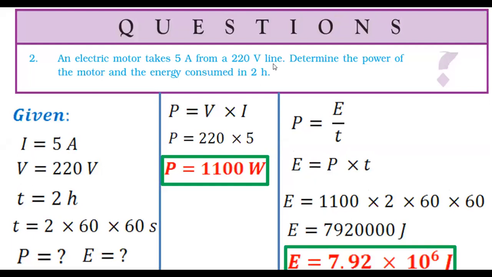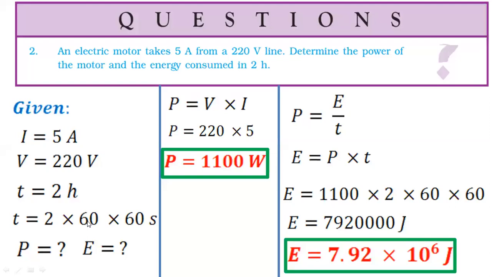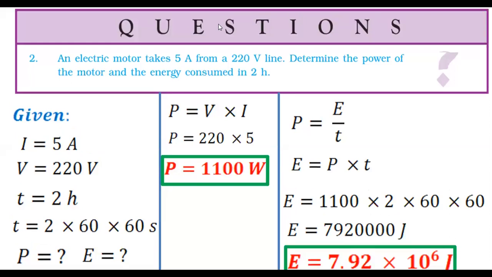Sanskriti, what are you asking? Why are we multiplying 60 twice? We are multiplying 60 twice because we have converted 2 hours into minutes and then seconds. If we multiply 2 hours into 60, that will be converted to minutes. But again, we are multiplying with 60 so that it will convert to seconds. Sanskriti, are you able to understand this? Why we are multiplying with 60 two times? Understood? Okay, fine. Okay, Rucha, yes, your answer is very much correct. I thought initially it was wrong, but yes, the first one to give the correct answer was Rucha. That is 7.92 into 10 to the power 6, correct.